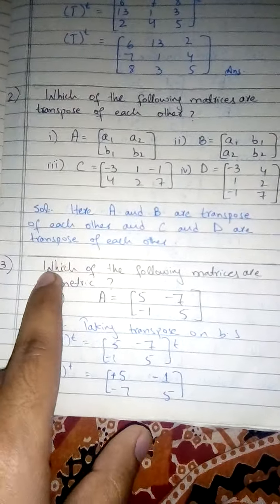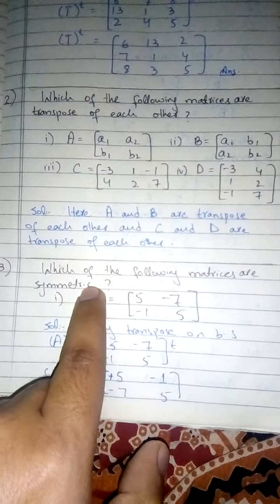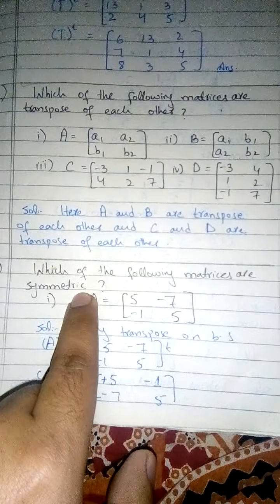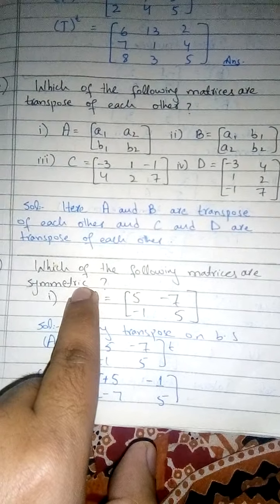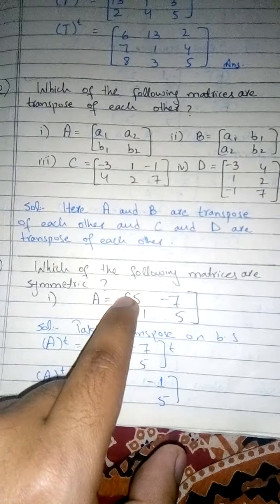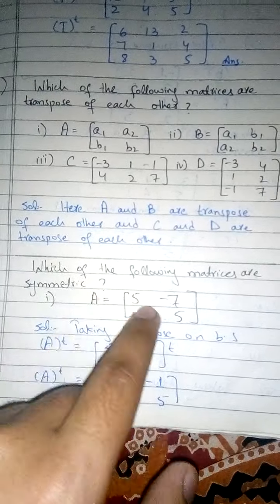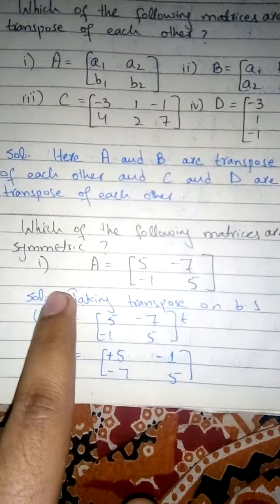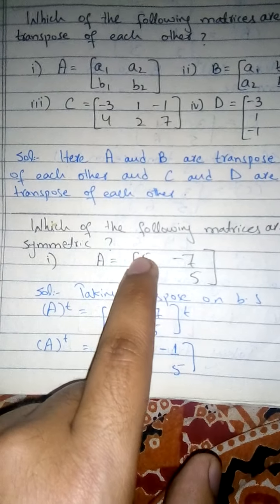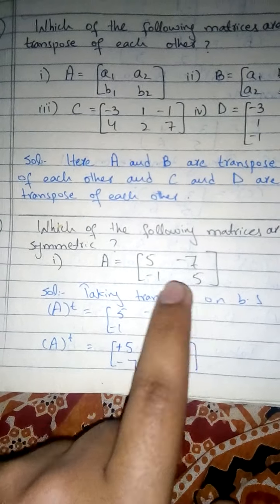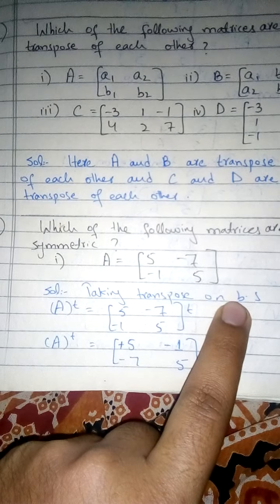Now what is in question number 3? Which of the following matrices are symmetric? Symmetric means same. Okay, whenever you find that the transpose and the original matrix are the same, then that matrix is a symmetric matrix. If you look at this first matrix A, 5, -7, -1, 5, taking transpose on both sides,